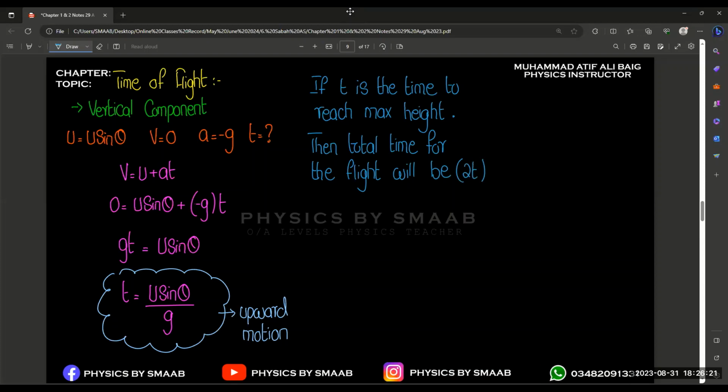Half vertical upward motion and half downward motion. Combine them, you will get the total time. Very simple. So your answer will be